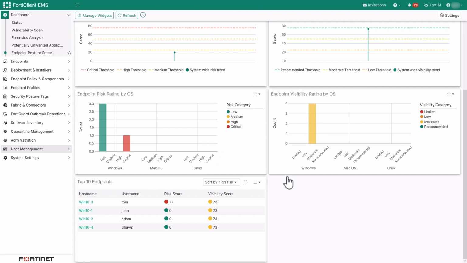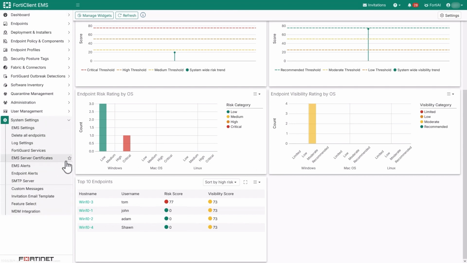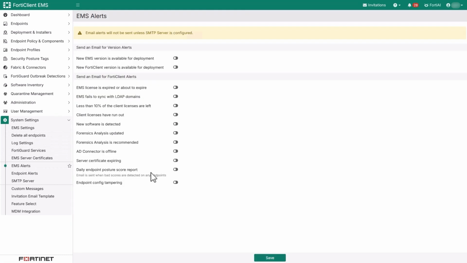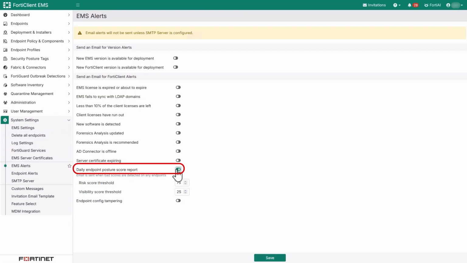Another feature introduced with Endpoint Posture Score is the ability to send email alerts when the daily Endpoint Posture Score report for risk or visibility reaches or exceeds a defined threshold. And we can configure this option in the system settings and toggling on Daily Endpoint Posture Score report under the